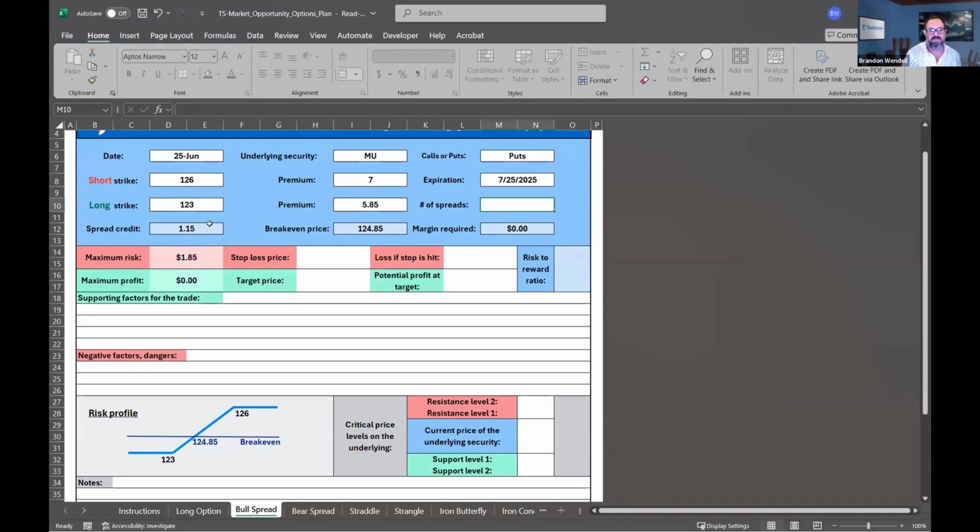I'm probably not going to get that full because I was using the bid and ask. So I would look to see, more honestly, what would I actually get? If I'm doing more than one spread, I could put that in. I'm just going to do one for now, and it's adjusting the break-even price for me based on the credit that I'm receiving from the option I'm selling.